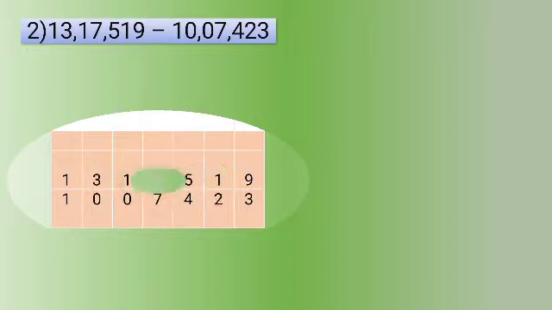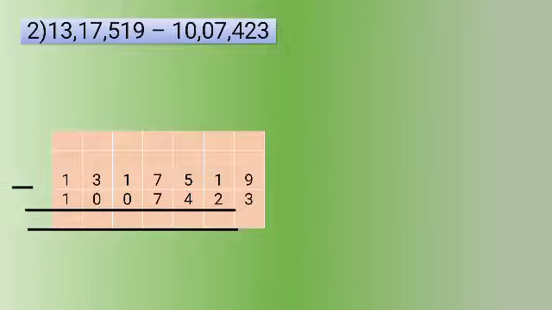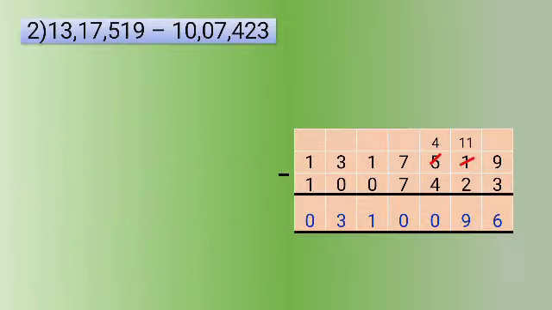Same procedure we have to follow for the 7 digits number. Same way, method of writing is same. Arrange all the numbers in the proper place value with minus and underline sign. And here, as you can see, in the unit place the bigger number, 9 minus 3. So 9 minus 3 is 6. Then next, as you can see in the tens column, 1, that's just smaller. So 11 minus 2 is 9, and so on. The procedure is going on.